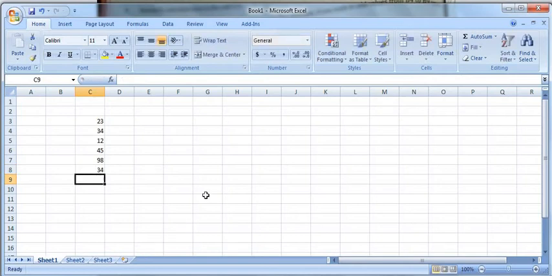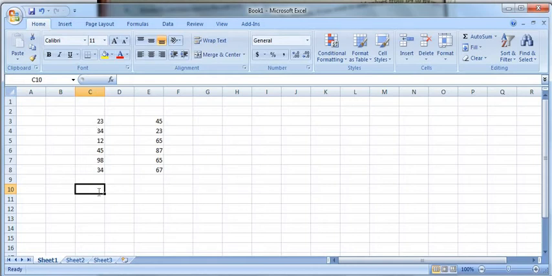Some values are there, right? And here also some values are there, 45, like this. Some values I have written. So these are two sets of values. I want the addition of all these in this box. So what will I do? Let me directly write the formula.